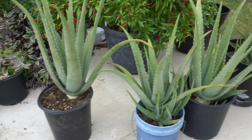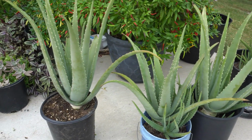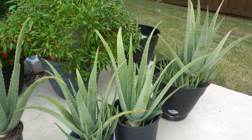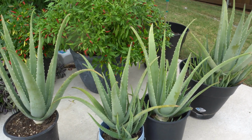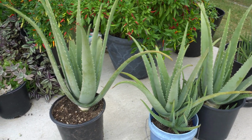I grow a lot of aloe vera and I posted many pictures on Instagram and a few videos on Facebook, and many people have often wondered what I use all these aloe vera for. So today I'm going to show you exactly what I use this for, and before we go into that, I